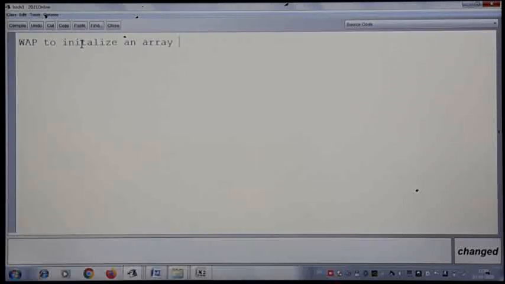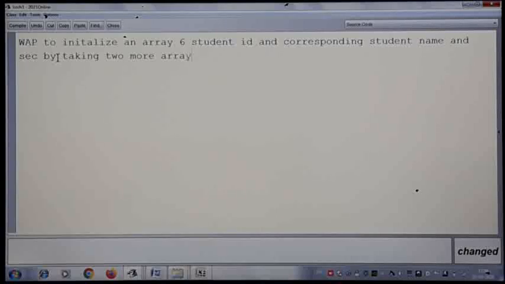So let me take 6 elements, initialize an array with 6 student ID and corresponding student name and section, their section by taking two more arrays.